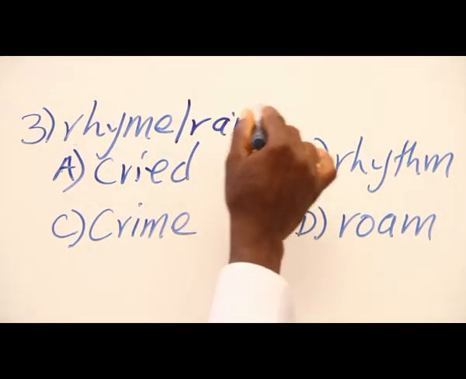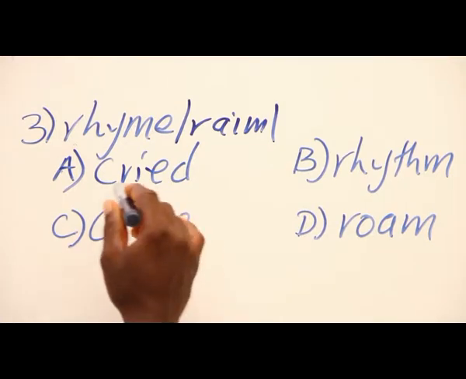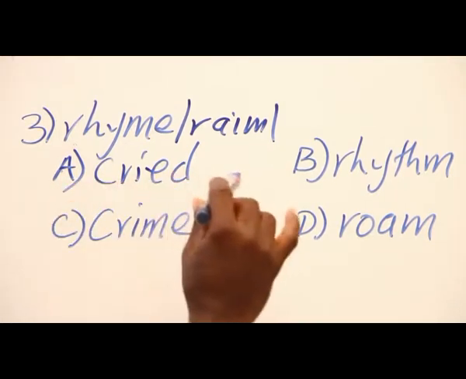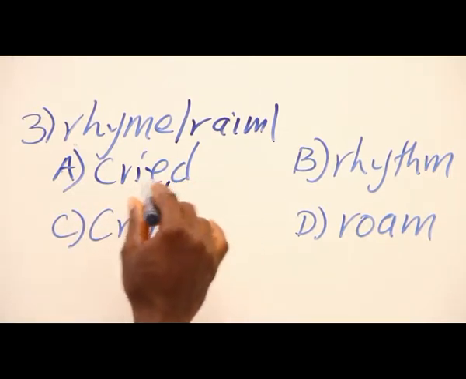Rhyme. Okay. So now that we have the transcription of our word, you can see the last sound there, the bilabial nasal. That is what we have there. Now, what should be our answer? Cried. Cried is out. Cried ends in D, even though it has,